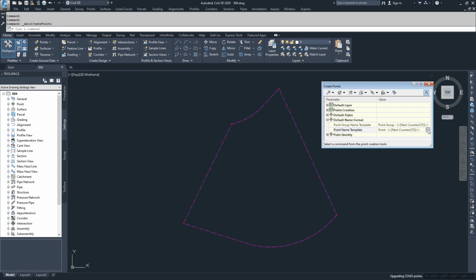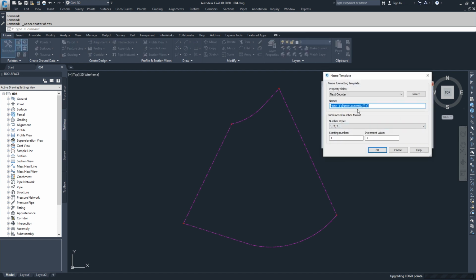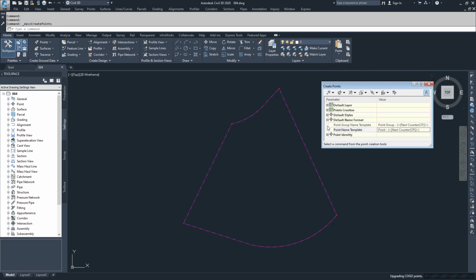And you can go in here and modify these and choose what you want the name to be. You can also set the counter, starting numbers, and increment values. And then from there,